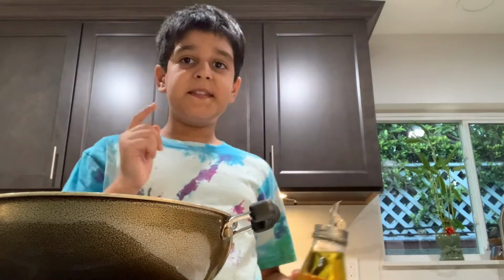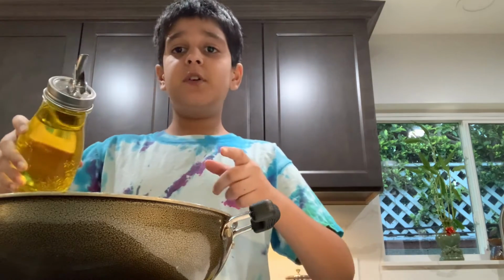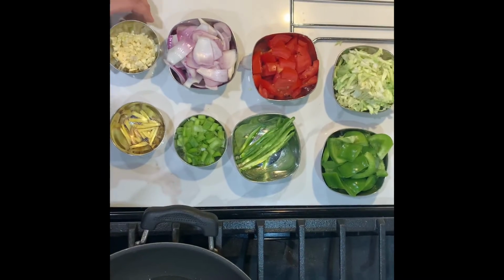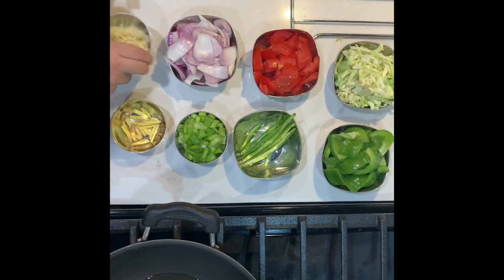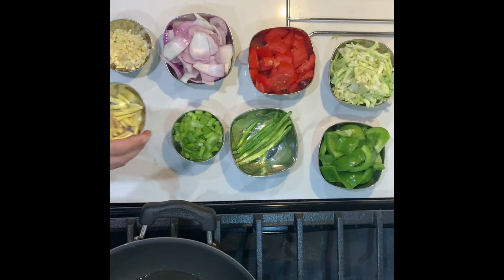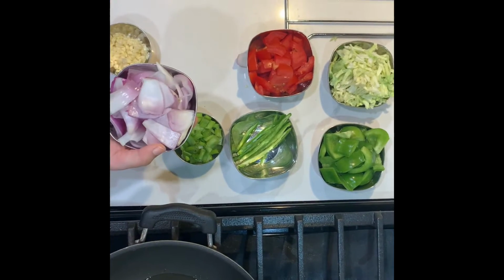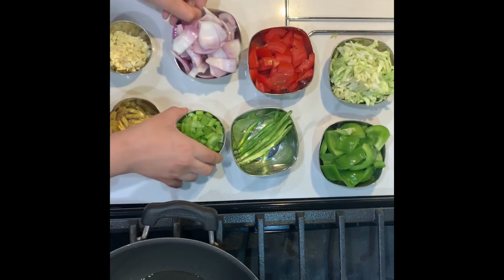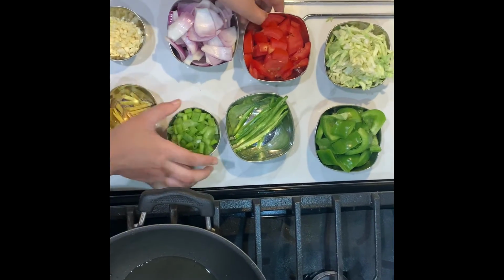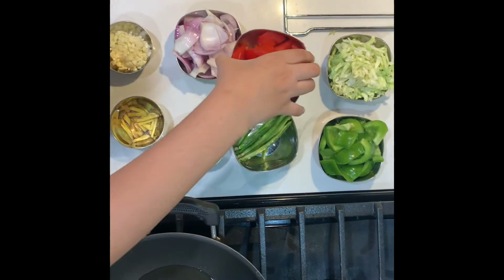Now, using the same wok, we are going to heat it up and add 2 teaspoons of oil. We're going to get ready for our sauce, and these are the ingredients you need. You need 4 tablespoons of finely minced garlic, julienne cut ginger, 1 cup of cubed onions, 1/2 cup of green onion, 1/2 cup of tomatoes that are cubed,